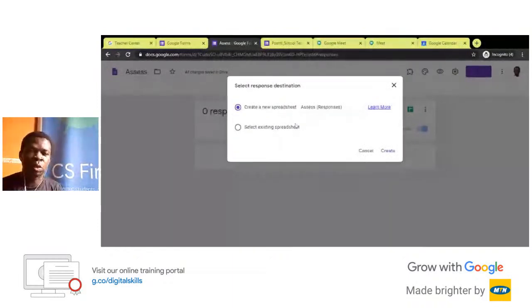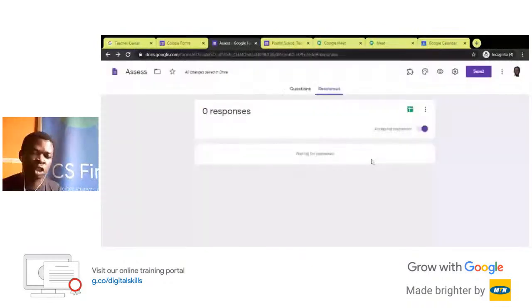So now it could create a default spreadsheet for you, or you could select an existing spreadsheet, and it's going to ask you what the details are. When you create a new one, you click create, and it will create it automatically in Google Drive, and then you can have access to it. And on this place, you see that there are 0 responses,